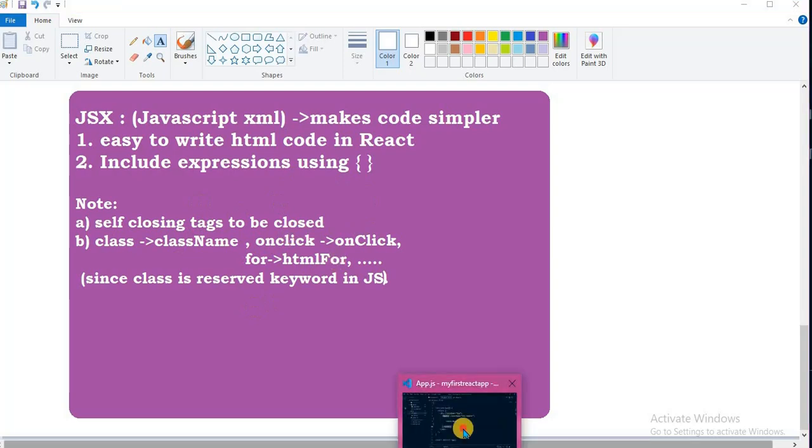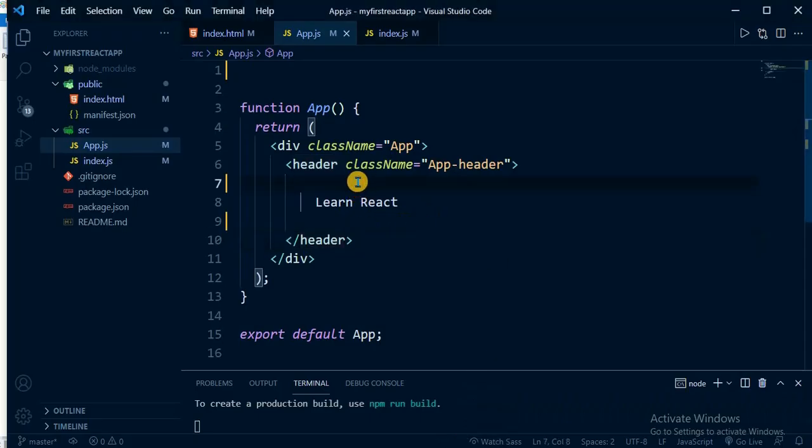What I mean is, suppose I am writing br, so you can see that this br tag is a self-closing tag in HTML, but here we are closing it right there. So in React you have to close all the self-closing tags of HTML.